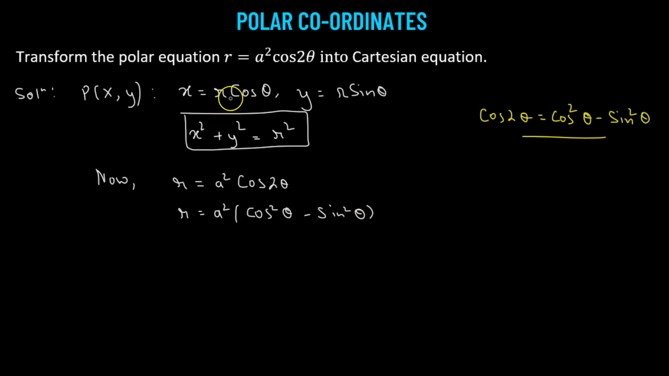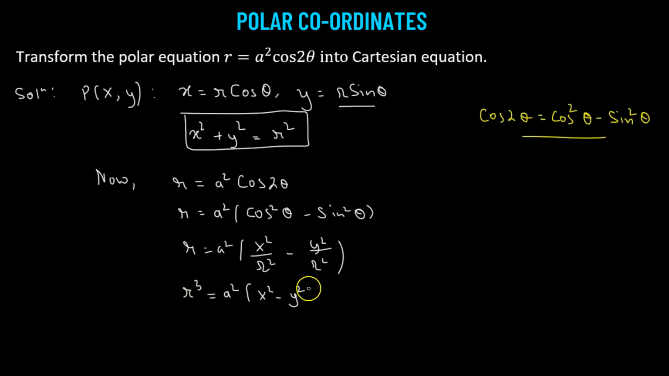Now using the fact that x equals r cosine theta, cosine squared theta will become equal to x squared over r squared, minus, we have sine squared theta, so we can use the equation y equals r sine theta and replace sine theta with y over r. So squaring it gives us y squared over r squared. Now let's multiply throughout by r squared, so we get r cubed equals a squared multiplied by x squared